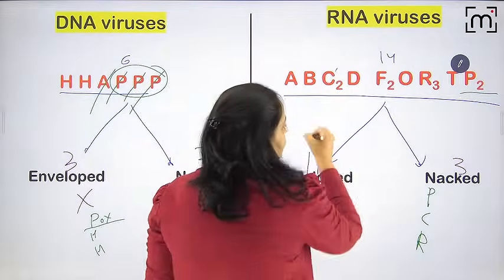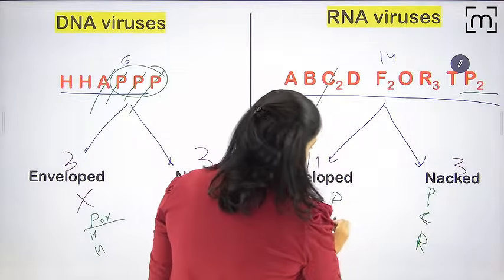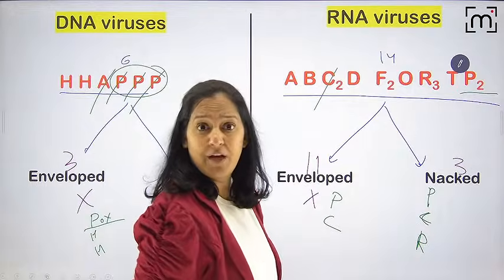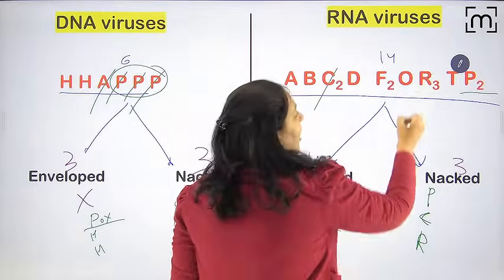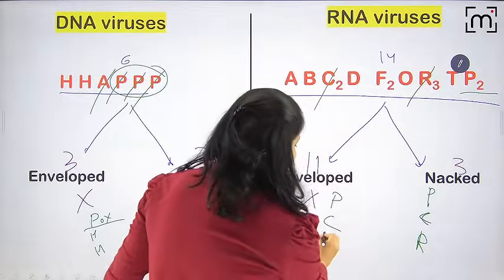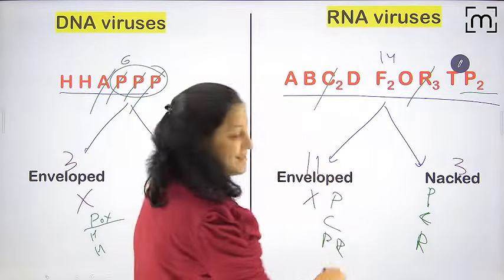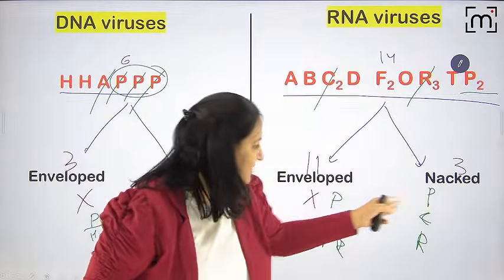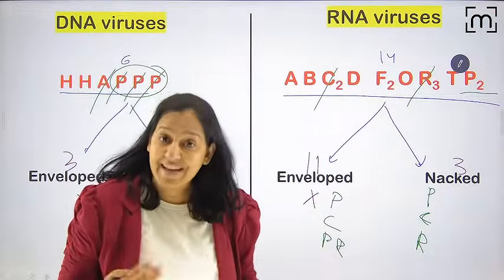What about C? We have two C. One is here, one is here. Which one here? What about R? We have three R people. One is here. The remaining two are here with all the others. So that is the challenge. Which one is here? Which one? So that is the challenge.